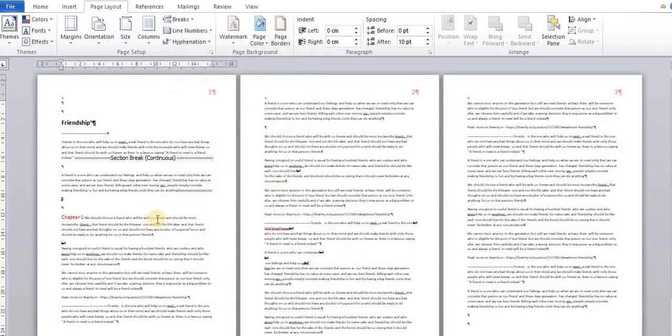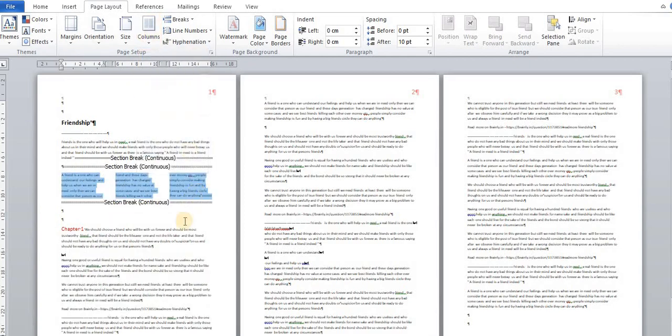Now you can see that in this page we have 3 sections. This is section number 1, this is section number 2, and this is section number 3. Now if I apply any formatting, suppose I want to divide this section into multiple columns, it's very simple.